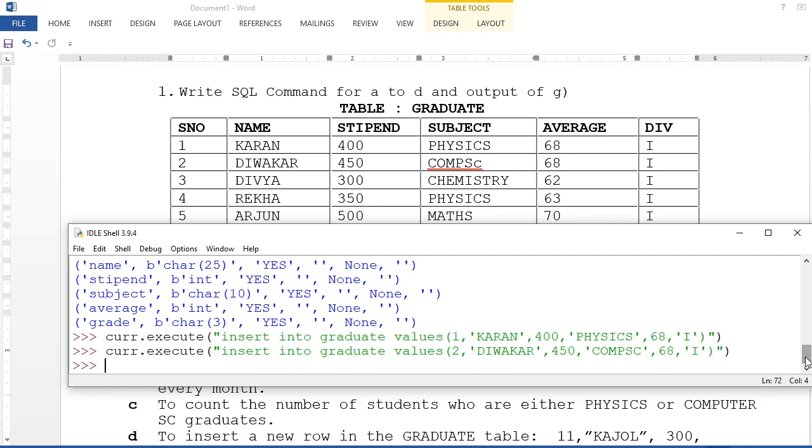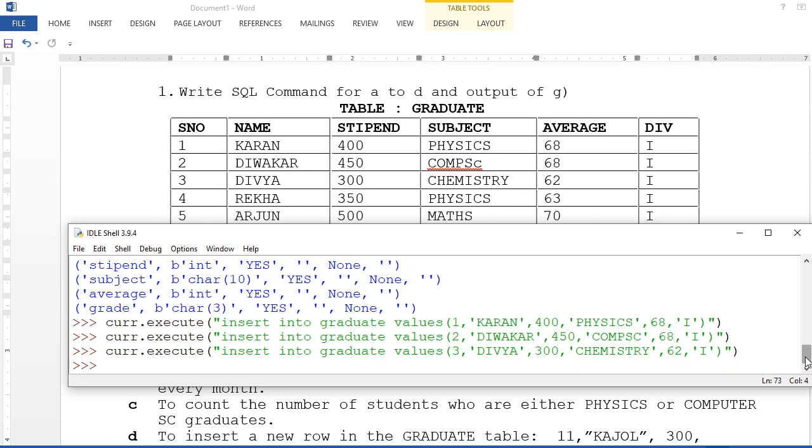Second one is done. Okay, then again the third one I'm going to write here. Here you see, I'm going to write 3. Then this will be 300 and this will be chemistry and this will be 62 and this will be your first division.